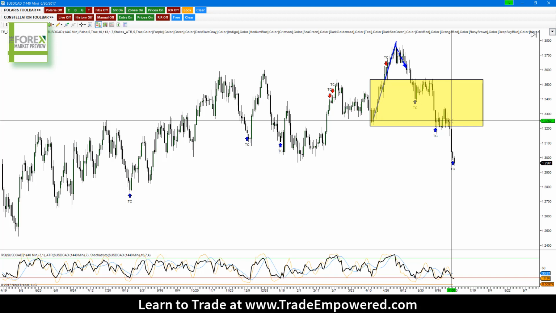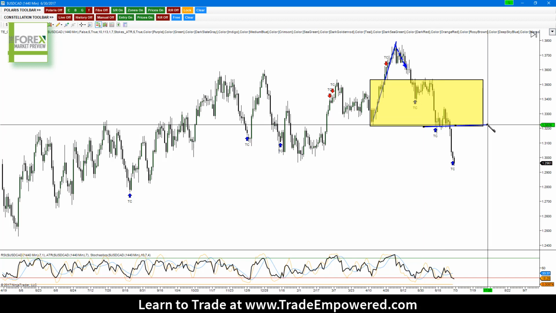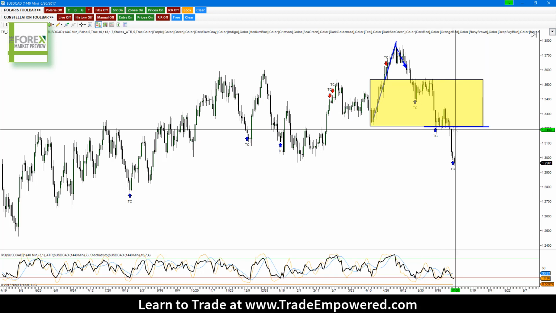You're going to have lots of ideas, but it's important not to rush into those ideas. You need to sit back and really wait for what you need, right? Have a plan, but then sit back for the market to fulfill that plan. Again, be predictive in your analysis, be reactive in your execution. So after we broke this level, I immediately started looking for short opportunities. And again, if you saw the video, you know exactly what I'm talking about. If you haven't, make sure you go back and watch the last video here.